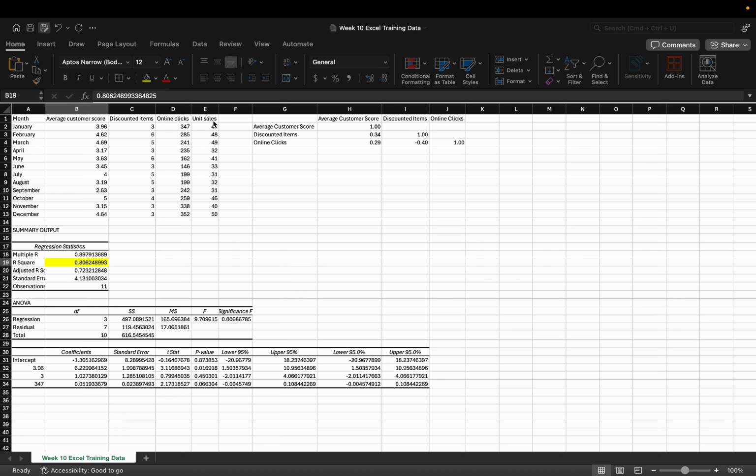preliminary correlation analysis to check how each predictor variable is related to the others. So first thing, we should create this table with average customer score, discounted items, and online clicks, in the rows and in the columns. And we should use the